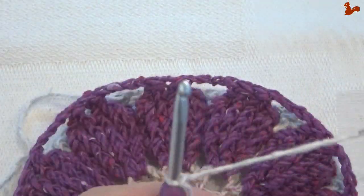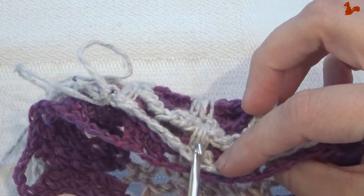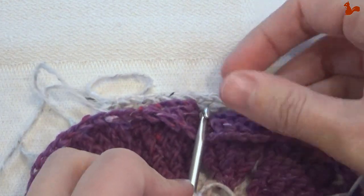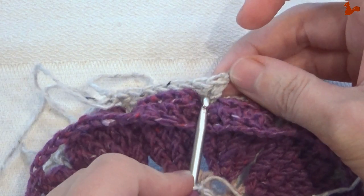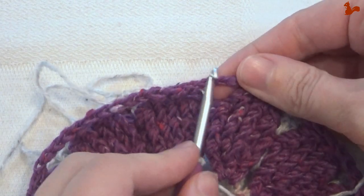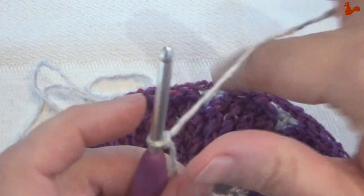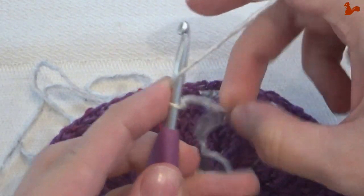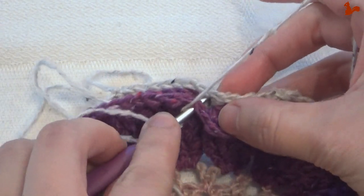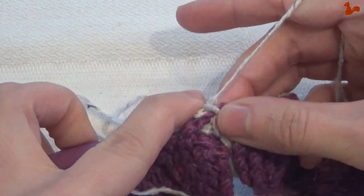Round 10. I've got the same color yarn on my hook as I have to the back here, so those rounds. I'm going to start by making a standing double crochet between these 2 double crochets you have here, so in between there, and at the same time working over the chain 4 space from round 9. So I'm going to be doing that all at the same time. So yarn over, underneath the chain 4 space, in between the 2 double crochets, make a standing